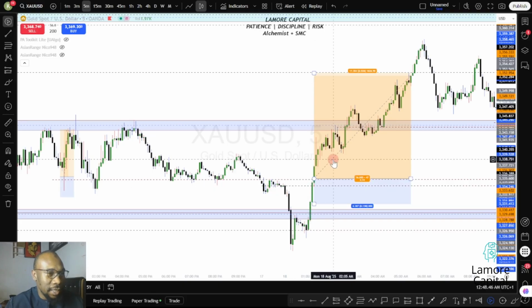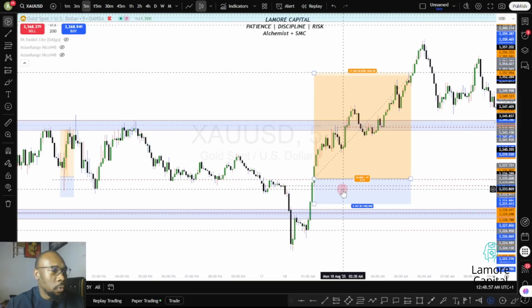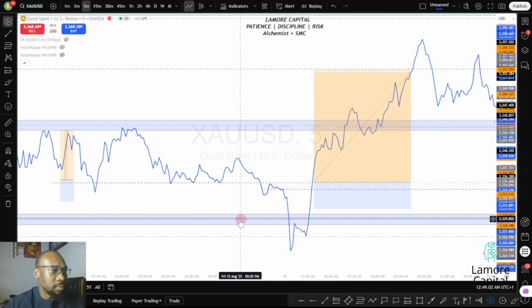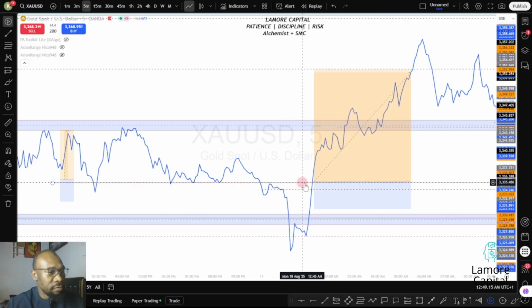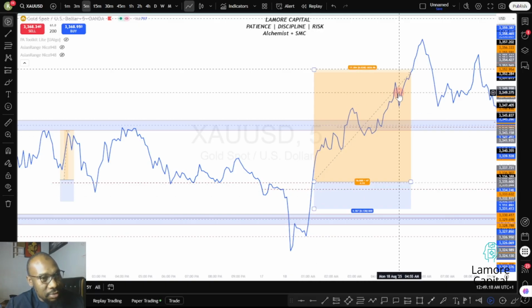Now, how did I actually catch this trade for the Asian session? This is an Asian session trade. I entered this trade at around 1 a.m. Now, why did I enter this trade? First and foremost, my line chart strategy, breakouts. I always look at breakouts, and immediately I noticed that the market was going to break out of this particular level. I was looking for a retracement to enter the market.